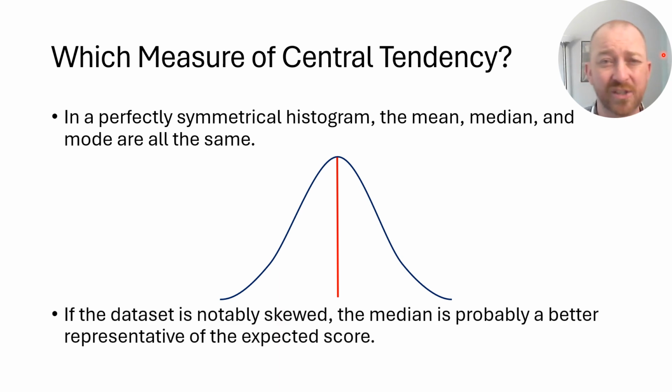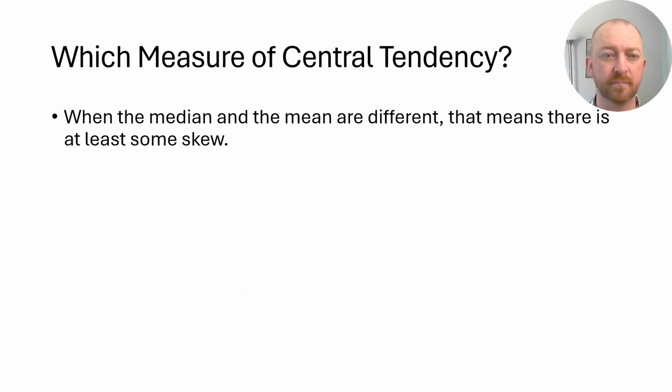However, if there is a skew to the data set, sometimes we have a problem there. It's probably a good idea to report at least the mean and median. However, it may also be a good idea to report the mode as well. Now, you may be concerned about, what if I don't know if there's a skew? How do I know if there's a skew or a significant skew? Well, there are some fancy statistical tests that you can do to actually figure that out. It's a little beyond what we're doing here, but that is perfectly possible.